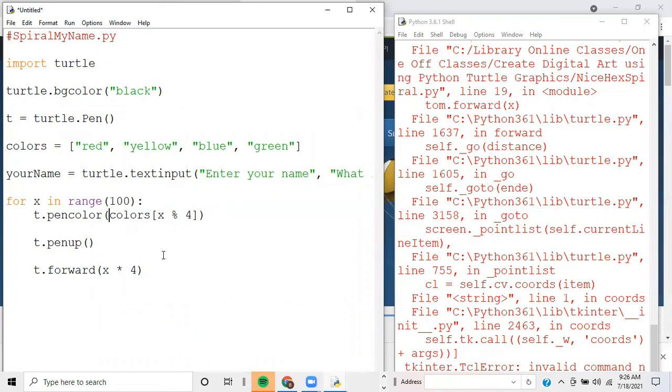And at this point, once we move forward, whatever x is in the for loop, whatever number of times that we're actually looping, times the number 4 is how much we're going to move forward in pixels. And then we put the pen down,